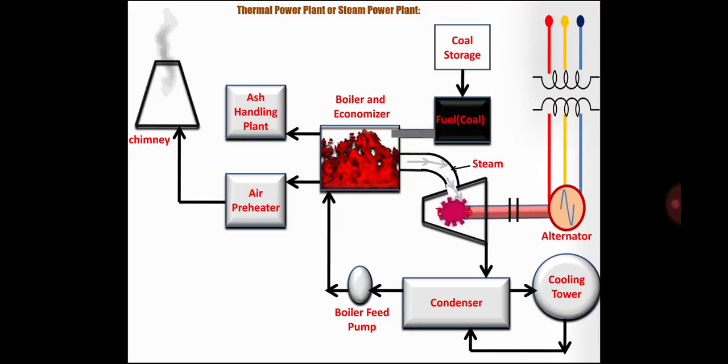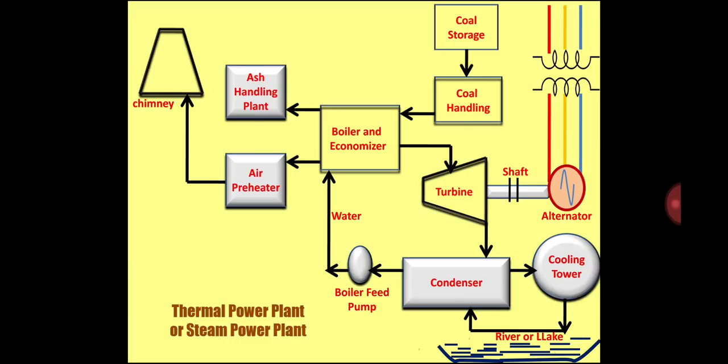Similarly, the temperature of the water fed to the boiler is also increased by using the heat of the flue gases. So basically the economizer and air preheater, these two units, increase the efficiency. They extract heat from the flue gases so that the rate of combustion increases. So this is the complete working of the thermal power plant. This is the schematic block diagram, and the simple block diagram is given here. The water can be taken from a river or lake. You will always find a river or lake beside